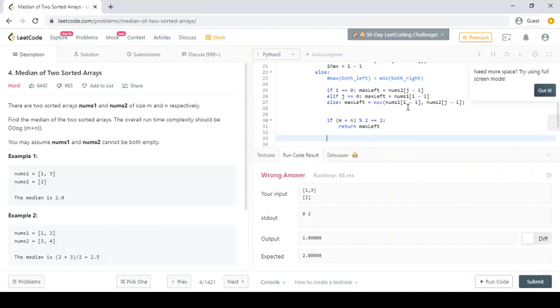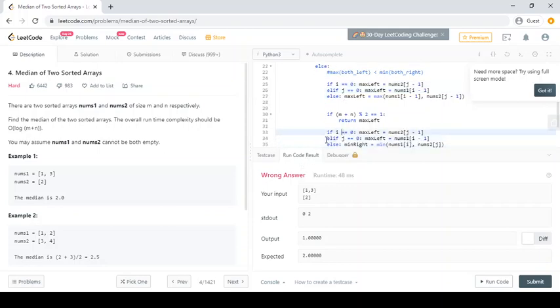So in that case we will take min of right, using min. We know that it is the minimum of the first elements of both right arrays. The same condition can happen here, but it will be the minimum condition in this case.